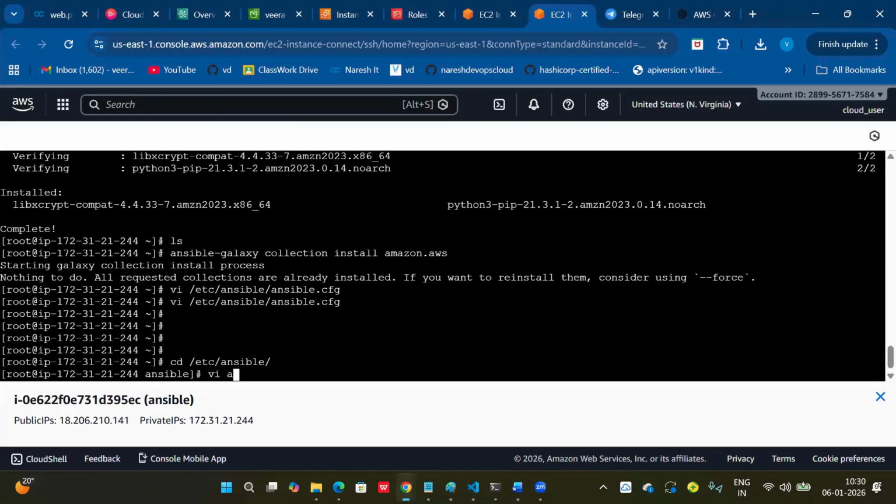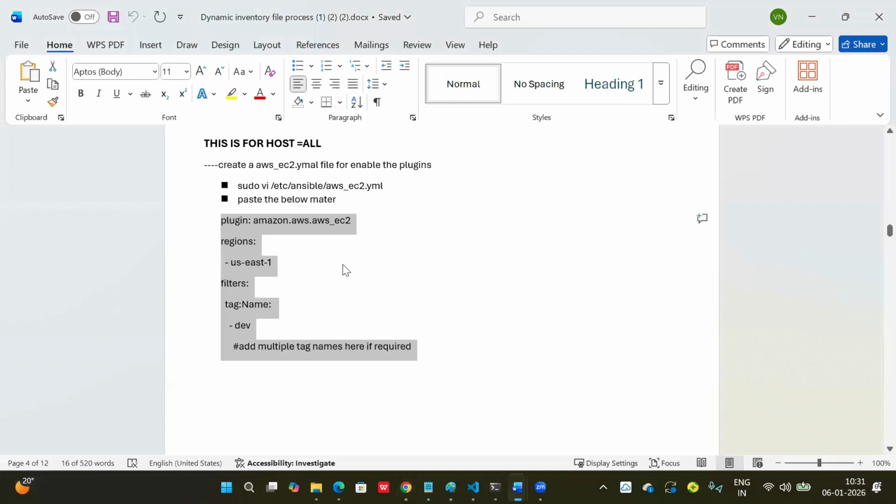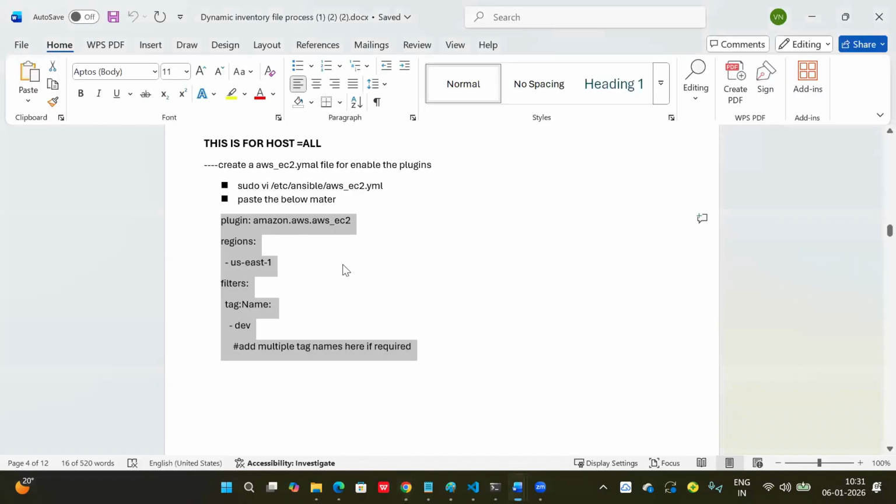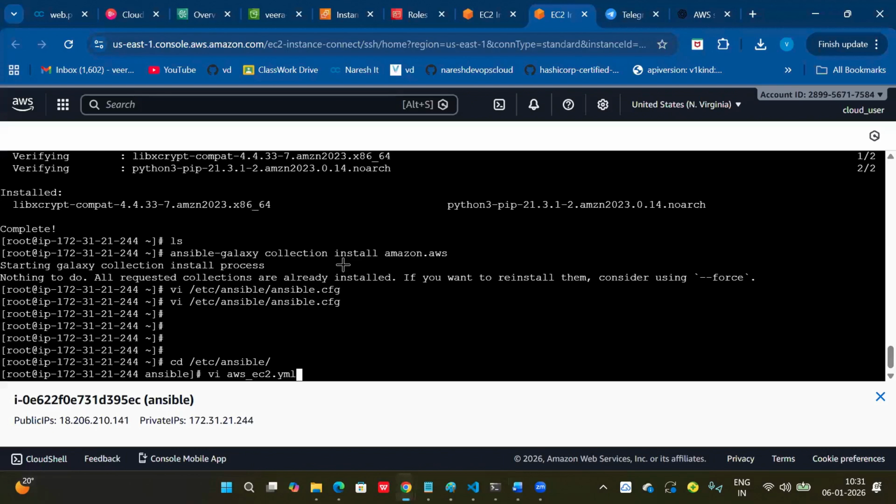You can give any name, but I have given this name inside the configuration, so I'm using that. Okay, YML here.